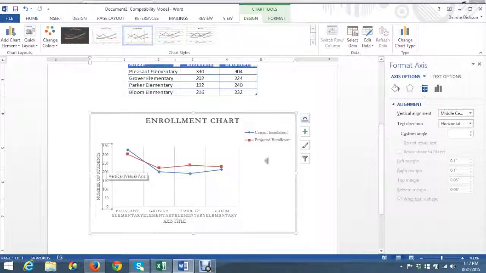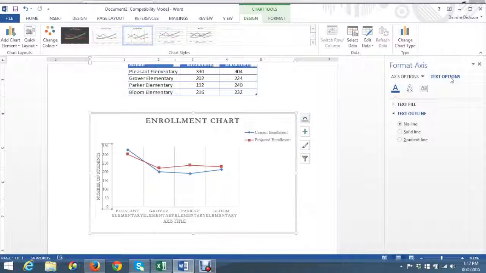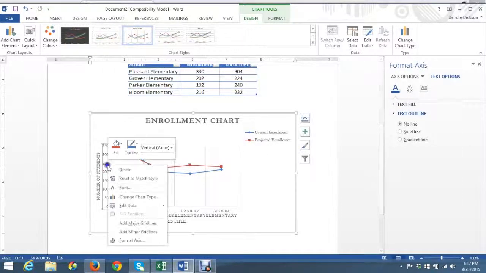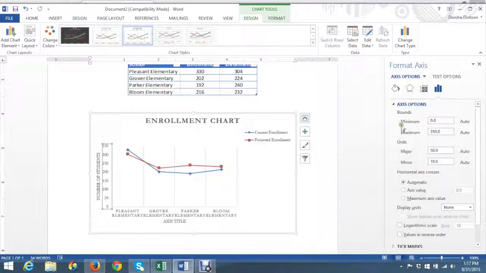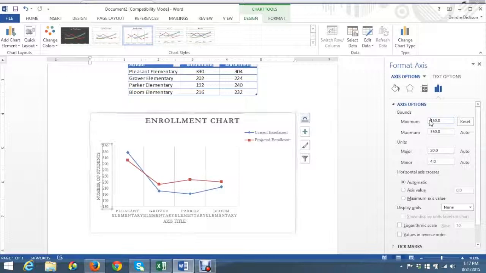vertical axis. When I look at formatting my vertical axis numbers here, I am able to right-click, and again I can format that axis. It gives me the bounds. So the minimum bounds that I'm looking to start at per the assignment is 150. I'll hit return or enter, and you can see my starting position down here is at 150. You'll want to make sure that you match that up so it's the same as the example in our assignment